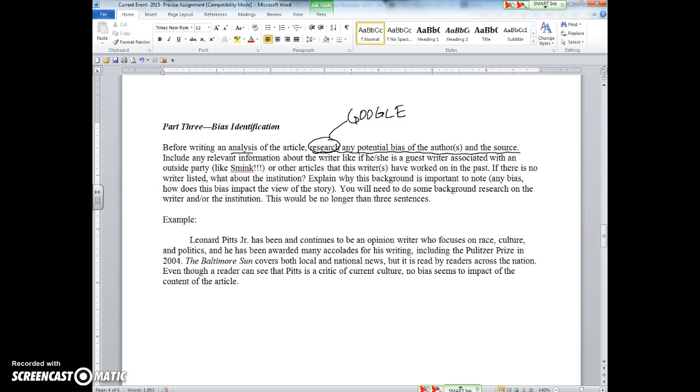Now the source is also the publication, okay? Because as I showed you on the first page, publications definitely have bias. So if it is published in the New York Times, there's going to tend to be more of a liberal bias because they have been noted in their opinions from their editorial board, not their editors, or not the opinion writers, the editorial board, tend to be more liberal. And so you can even see a little bit of that influence in Brooks, even though he's a conservative.